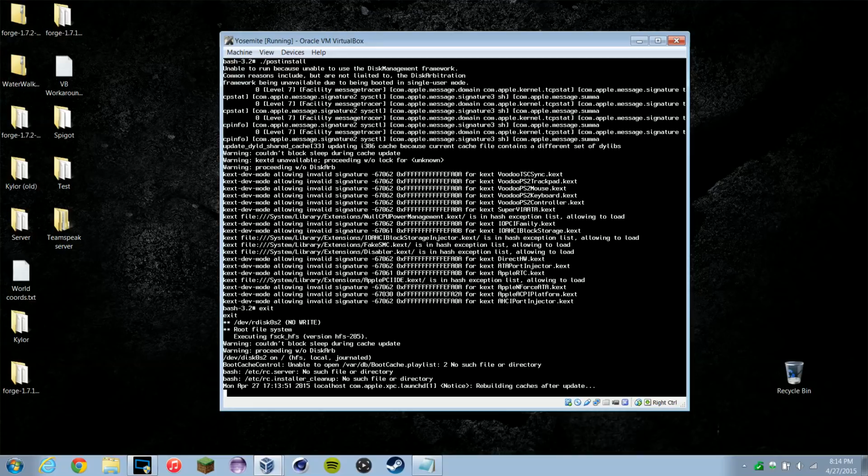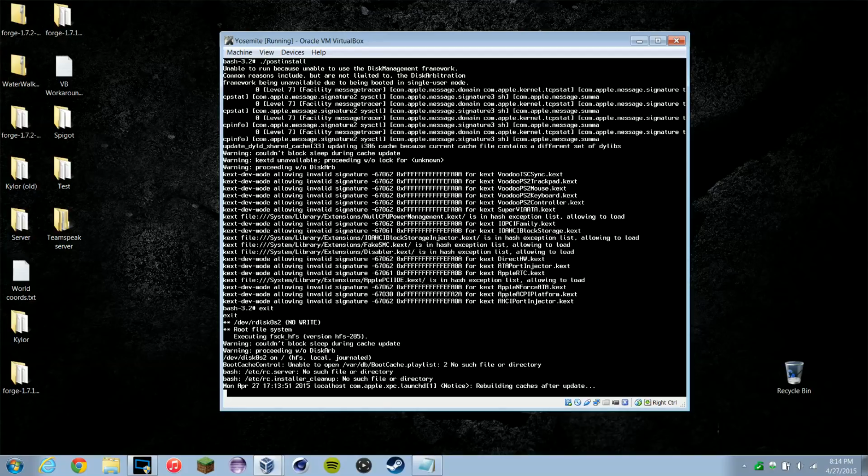However, that will be a separate video about optimizations and just other stuff, basically roughing out the edges of your VirtualBox. So I will go over that in another video, but for now I will just wait for this and show you guys that it does in fact work and does boot